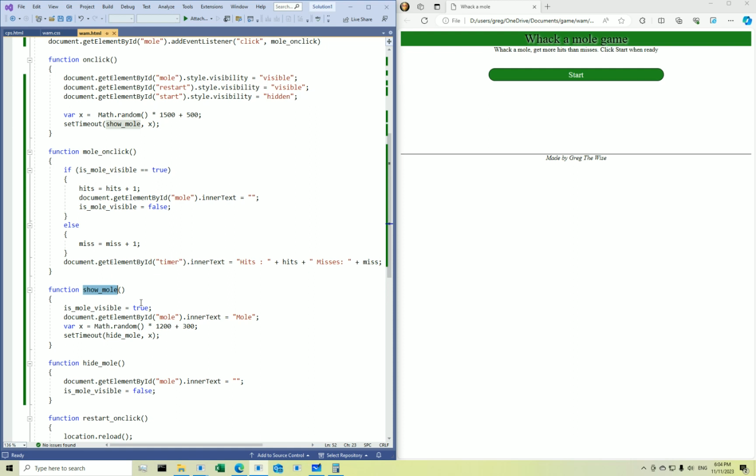Well, is there another time where we want to show them all? Well, we hide them all. When we hide them all, shouldn't we then set up another timer? Start a timer again? Well, let's do that. Once the mole disappears, why don't we start a timer to show it again? And we can actually get the code from here. Okay, copy,